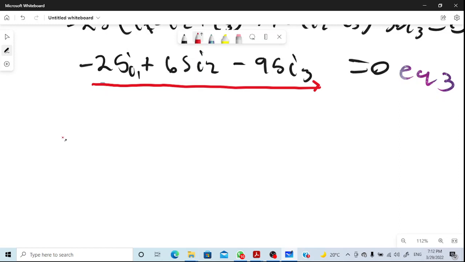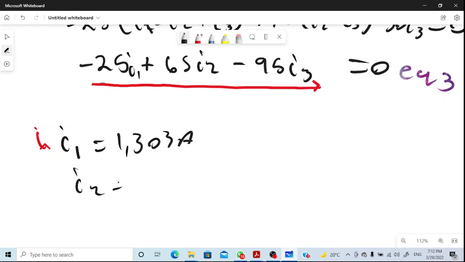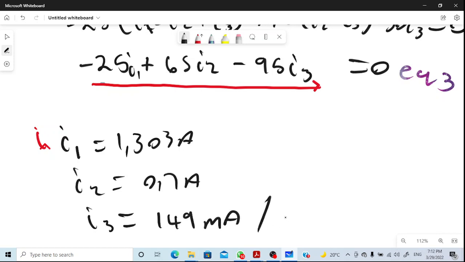Okay, so when you use your calculator, you are going to get I1 equals 1.303 amperes, I2 equals 0.7 amperes, then I3 you are going to get 149 milliamperes. This is equivalent to 0.149 amperes. Okay,